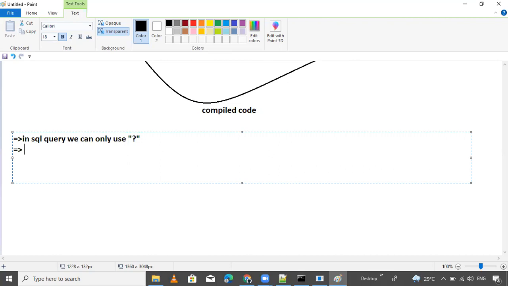We can't use any other special symbol. We use only the question mark symbol.